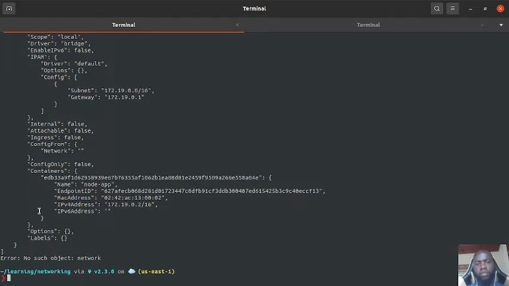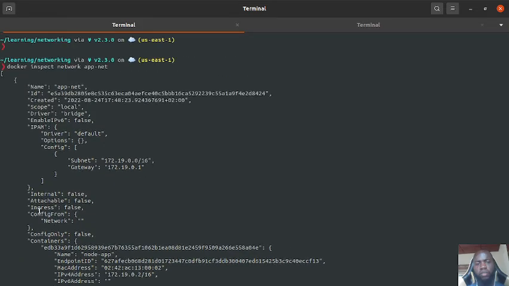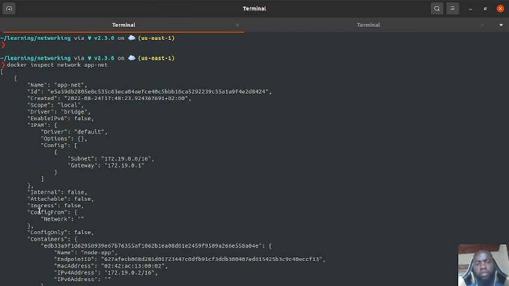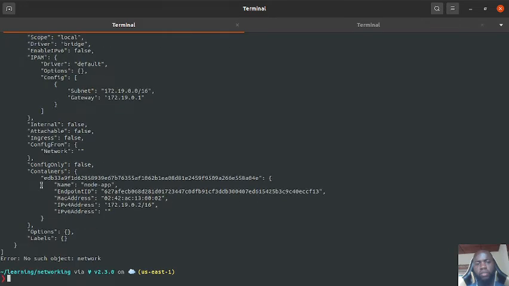If I'm not mistaken, the name of the container can then be used as a DNS name. A DNS record is created for that container. So you can simply refer to the node app container by its name, and if I ping node app, if I'm not mistaken,